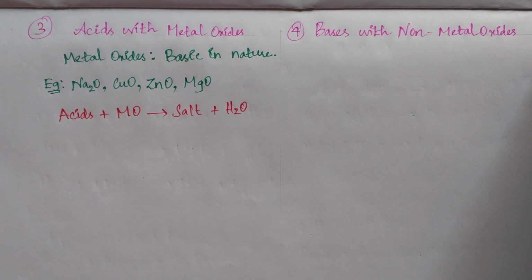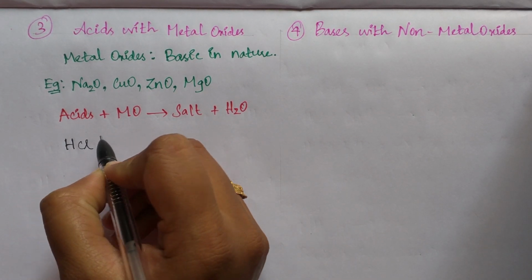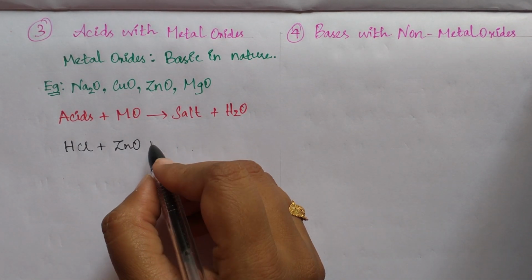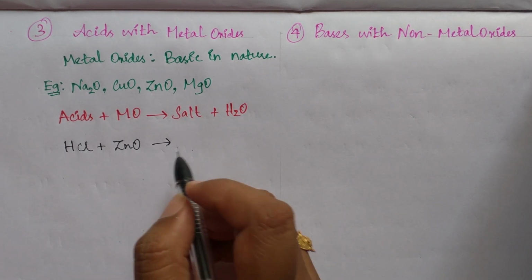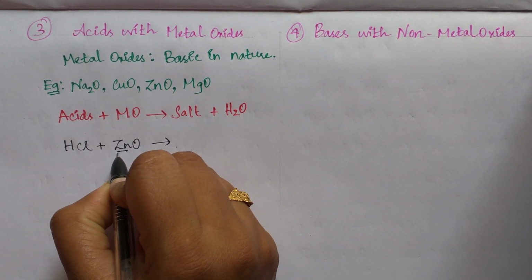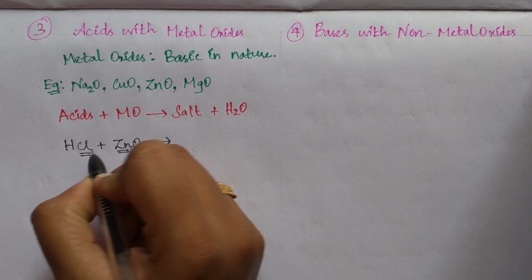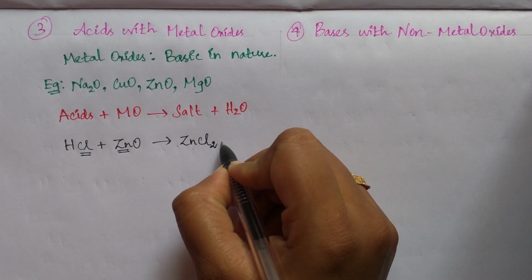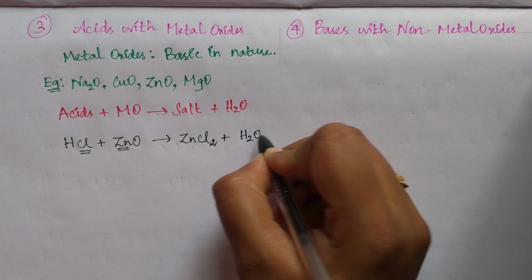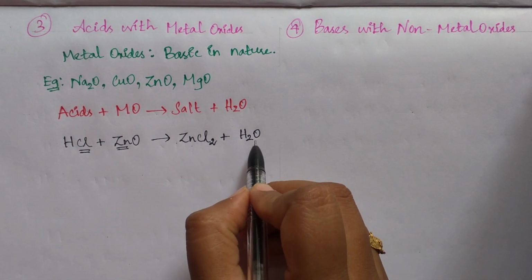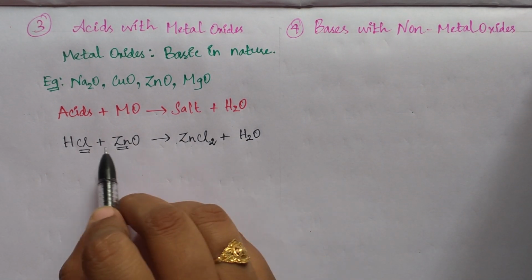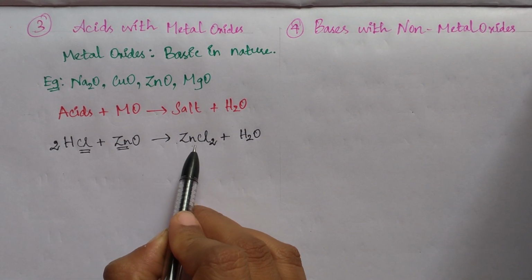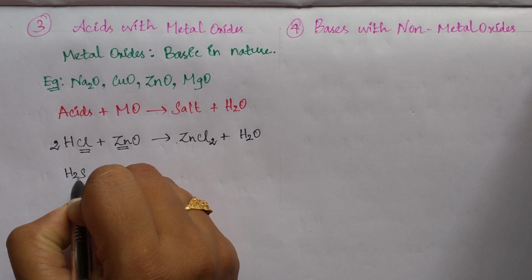So here, example, HCl reacts with any one compound. For example, zinc oxide, it is a metal oxide. What happens? Corresponding salt. Which is the corresponding salt? Here one metal oxide. So it forms zinc chloride and water, H2O. This oxygen and this hydrogen combine and form water. But here 2 chlorine is there, here only 1 hydrogen. So to balance this, 2 HCl plus ZnO gives ZnCl2 plus H2O.